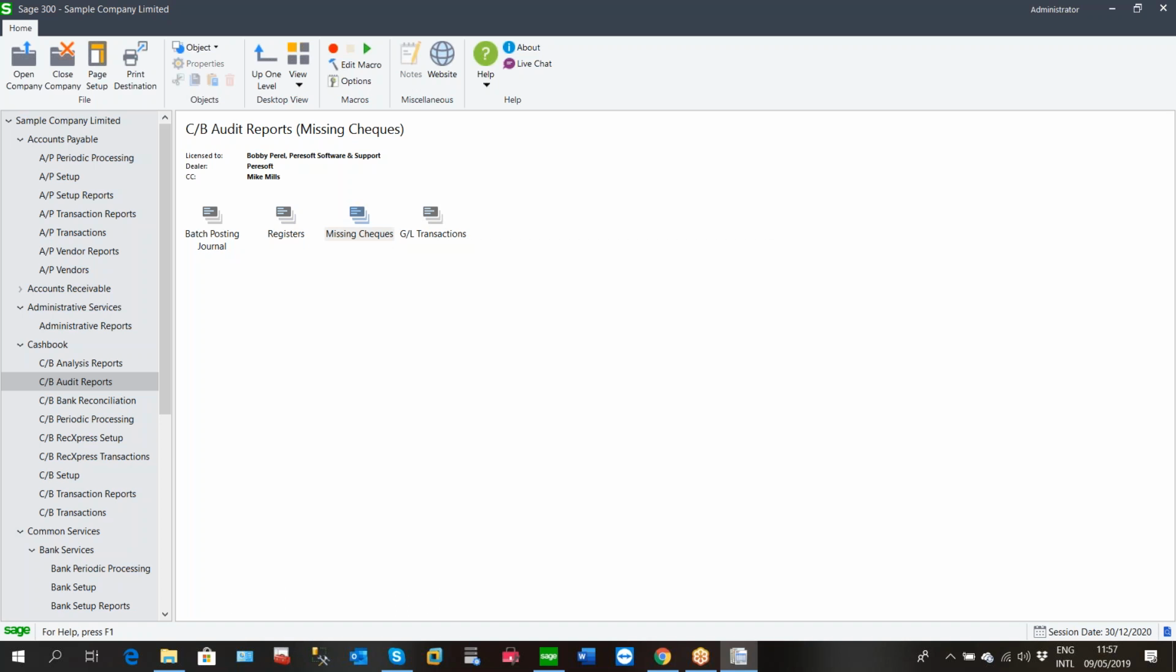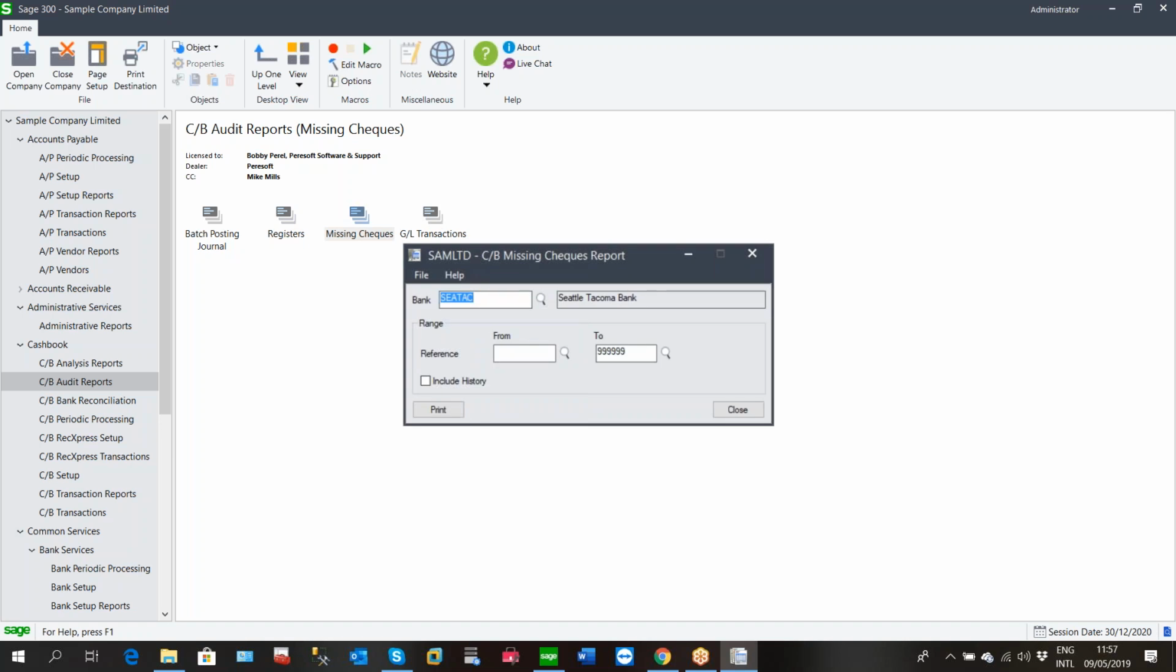Our missing checks register, that is if you want to check in your check sequences. You've got your check sequences running from a certain number, and if there's any check number that is missing for a particular sequence, in other words, it wasn't entered in the cash book, and you want to know about that, then you can select your bank. You can enter a range of reference numbers for your check, and when you print this report, and you can print it from the history table as well,